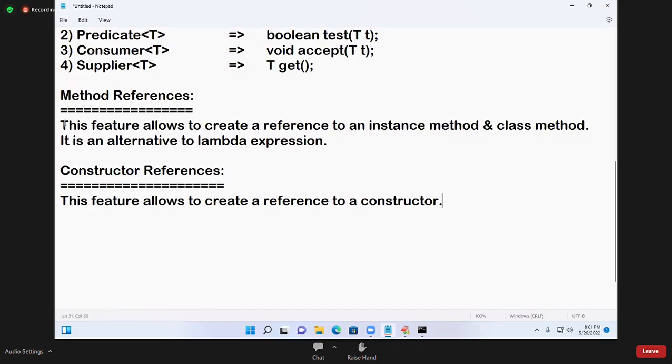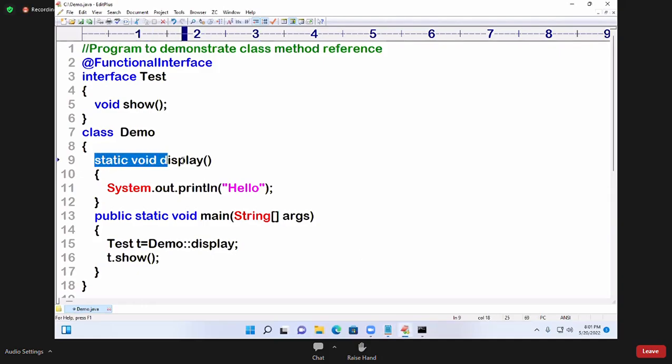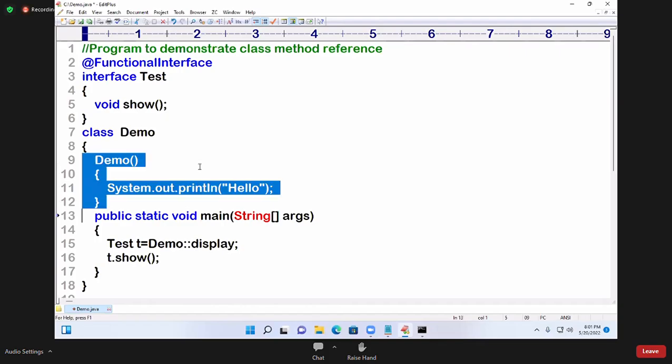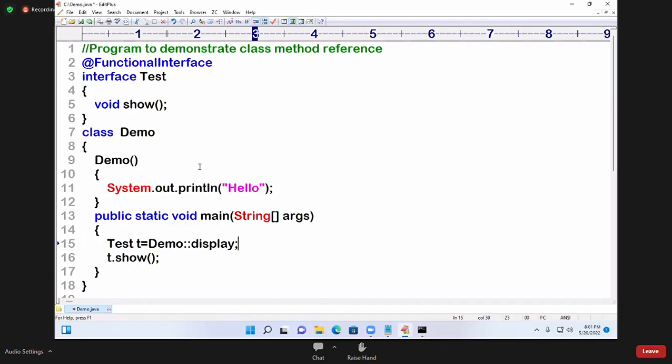So here, method reference; here, constructor reference. This feature allows us to create a reference to a constructor. See, in the place of the static method, what I'll do is demo. What is this now? It is a constructor. Now, what you observe here, I'll remove this one. Actually, what we have to write here,